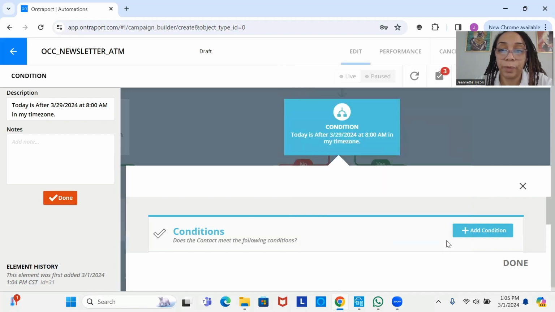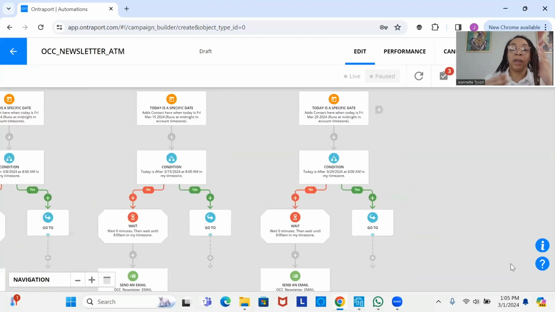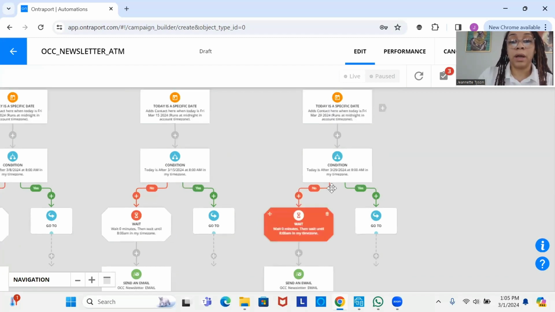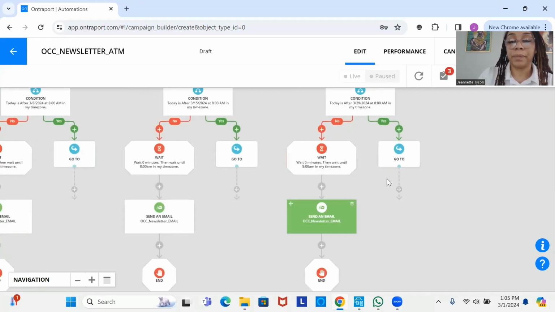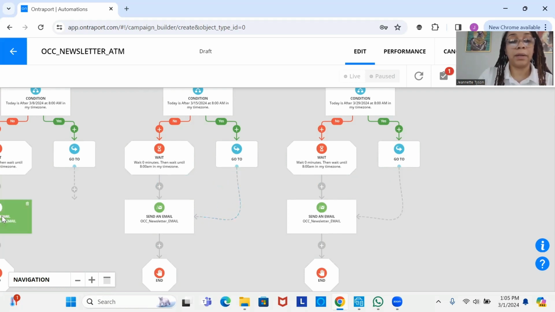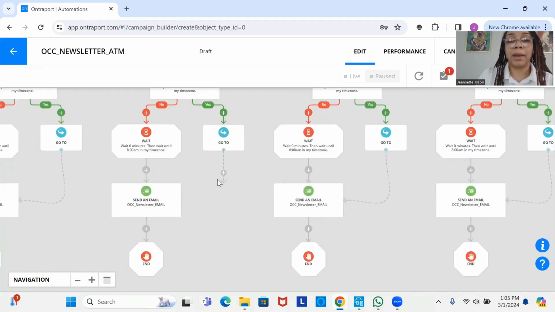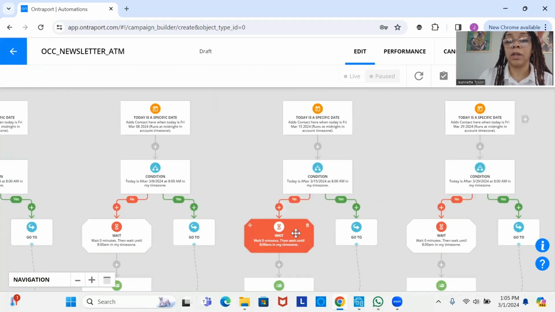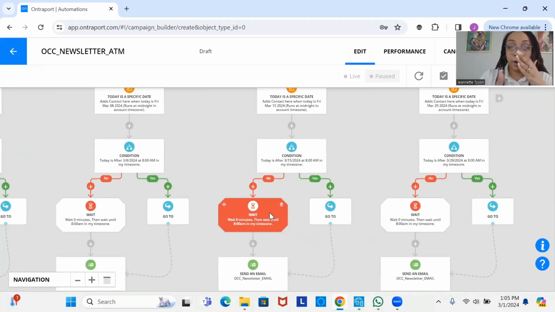Now, remember, if this was something that we were really building out, of course, all of our emails would need to also change, right? So I'm sure in your business, you are staying ahead. You're not writing your emails the night before. You might be, but you can always go ahead and pre-plan this. I mean, that's the beauty of automation, right? So you would write out all your emails for those separate dates, and then you could plug them in here